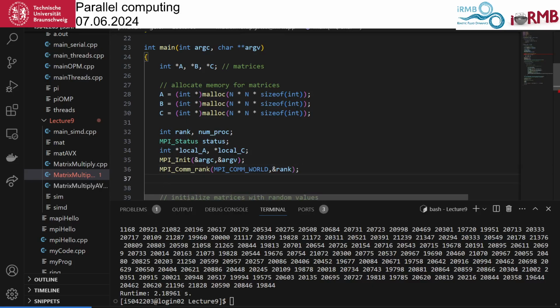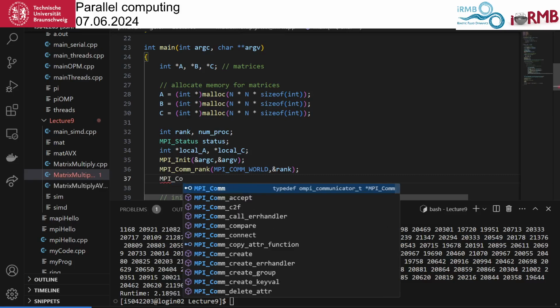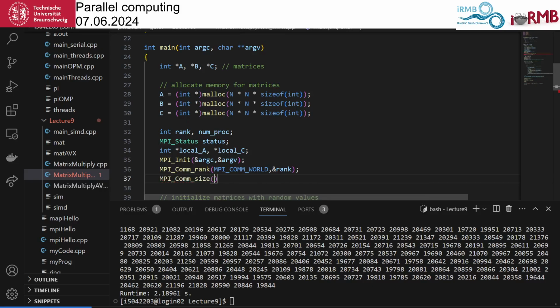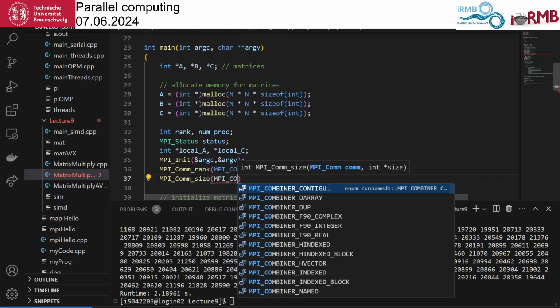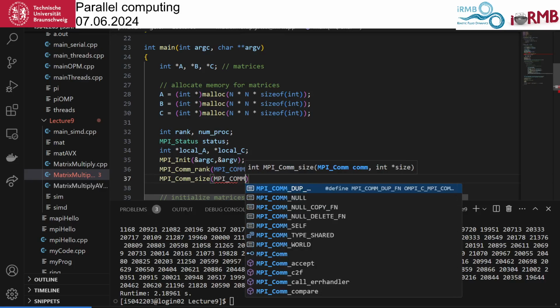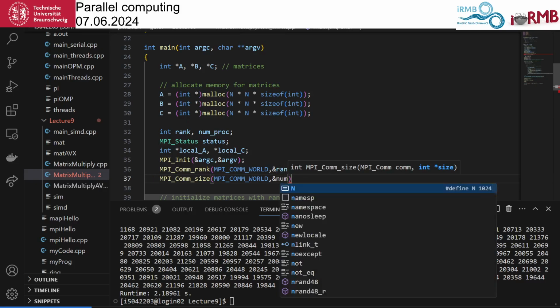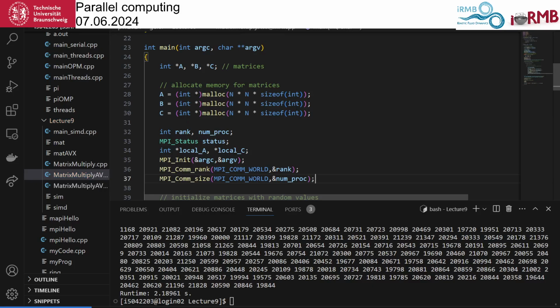So very similar to this, MPI comm size, again MPI comm world, and we called this numproc. Okay, so this is what we always have to do.